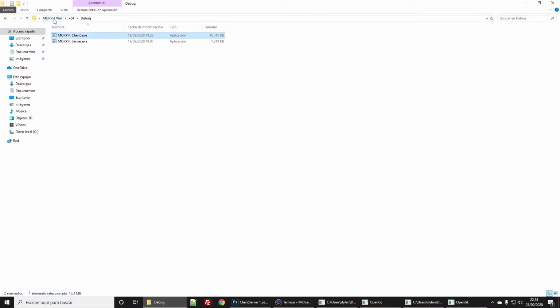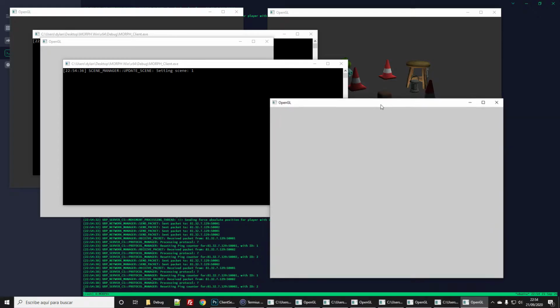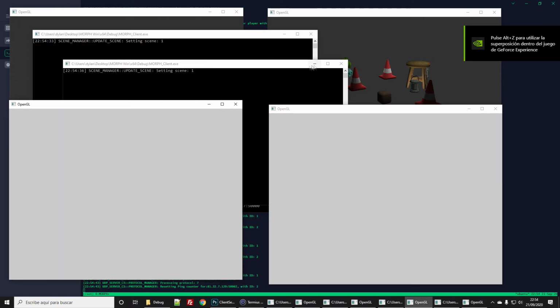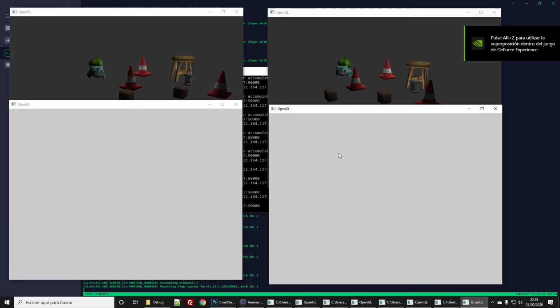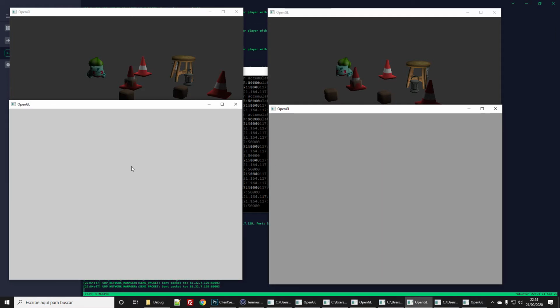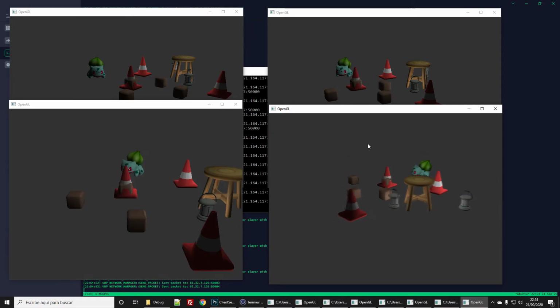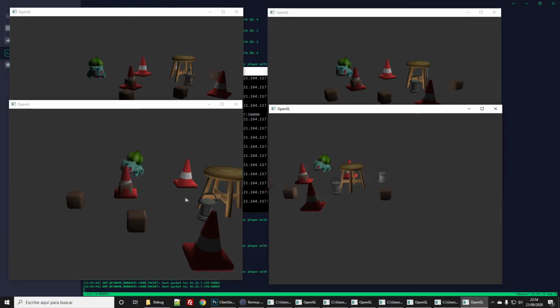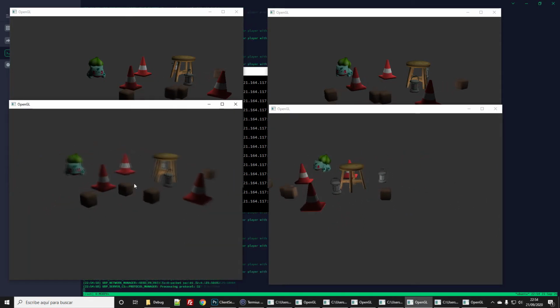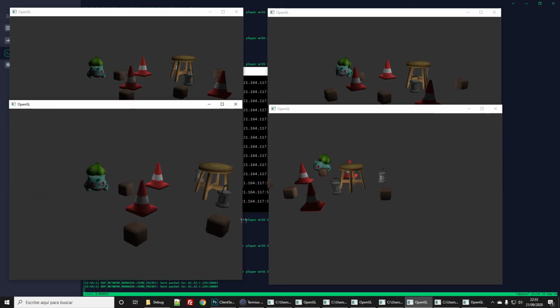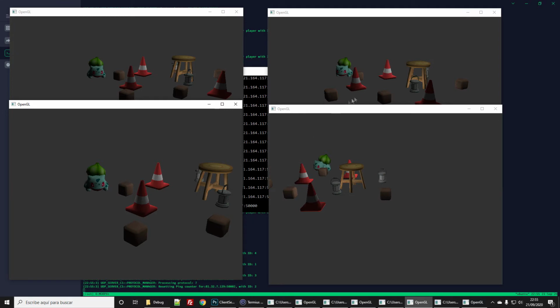I'll try adding some more clients. So I added a total of 4 windows, which I actually haven't done yet. This is the first time I've opened 4 windows. Scene 2, Scene 2 and Scene 3. And there we are. More cubes on the scene, which all move real time. I haven't tried moving 2 at the same time, but as you can see the movement is being processed by the server,